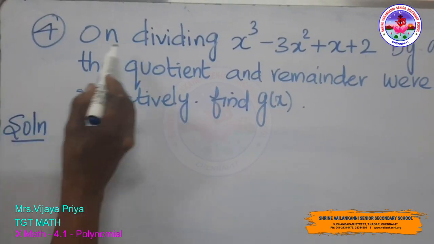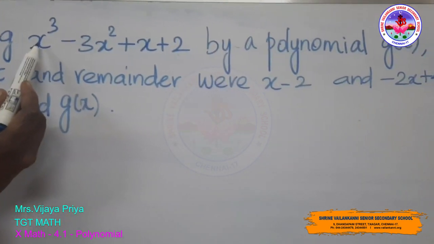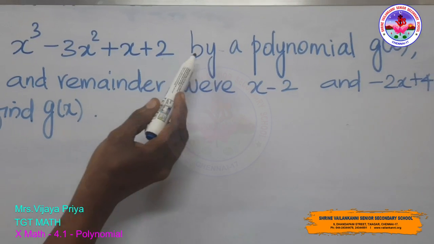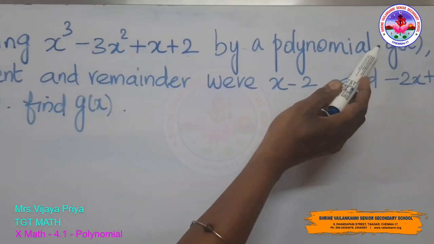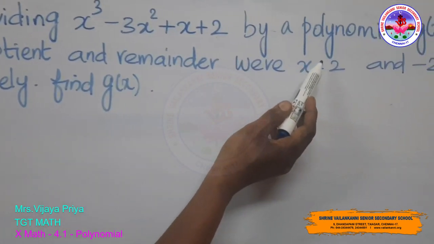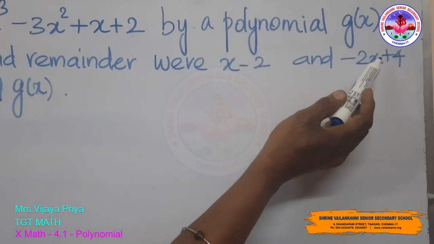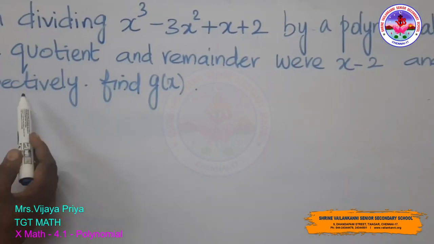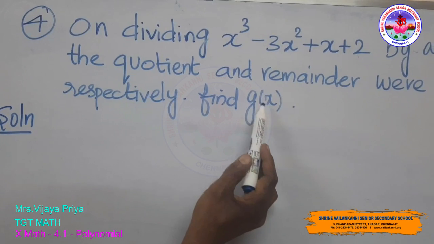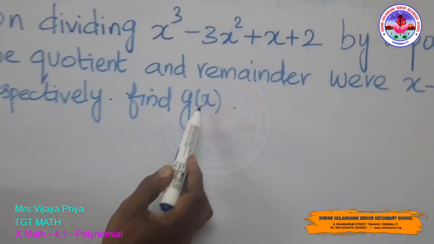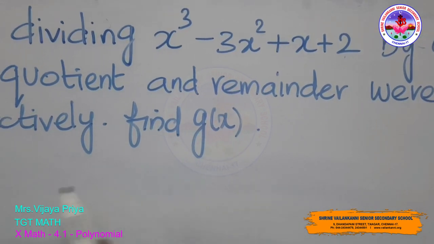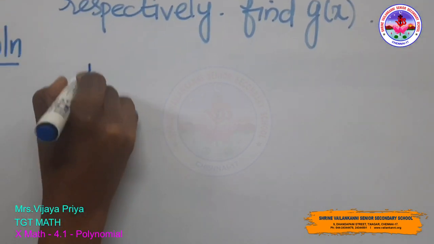Fourth problem: on dividing the polynomial p of x, which is equal to x cube minus 3x squared plus x plus 2, by a polynomial g of x, the quotient and remainder were x minus 2 and minus 2x plus 4 respectively. Find g of x. So he has not given the polynomial g of x. In order to find g of x, we are using the division algorithm method,